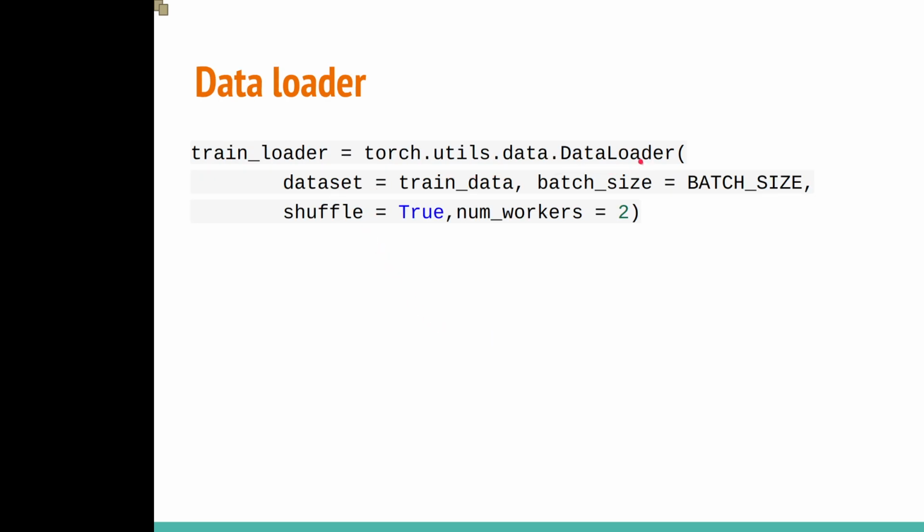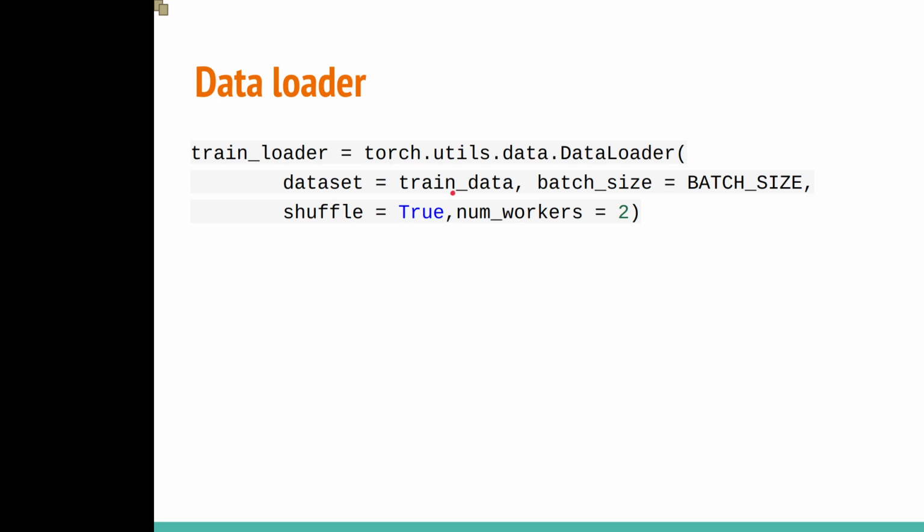The data loader will be used to load the data in batches. For the data set in the previous slide, we can access the data one by one. But in a typical training loop, we will need to get those data in batches, and we hope to have some manipulation of the data in advance. For example, we want to change the order. So if shuffle is true, it will change the order of the images.